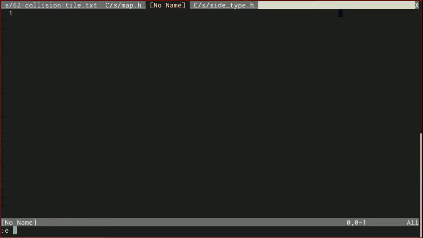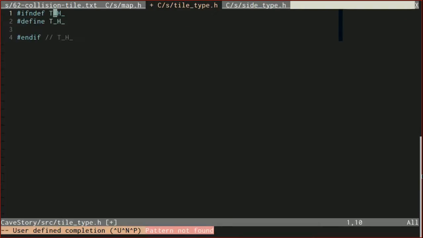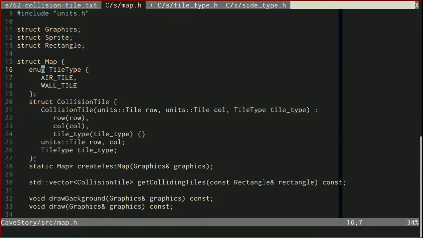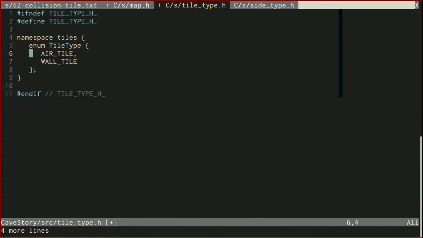So edit cave story source tile type.h, header guards and a namespace. We'll call this namespace tiles. We're going to put more functionality in here, so it's not just the enums. But I especially just don't like having naked constants like this, because then you get naming clashes and stuff like that. So now we have tile type,